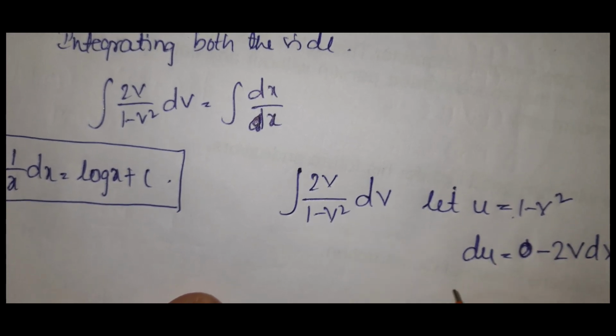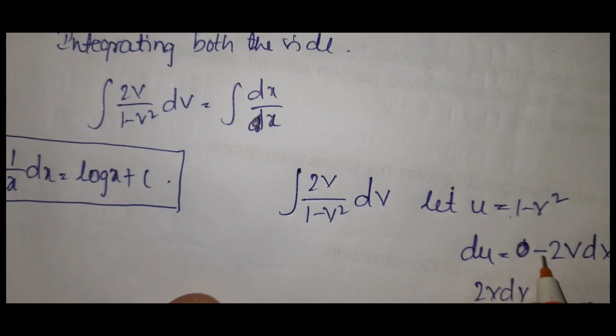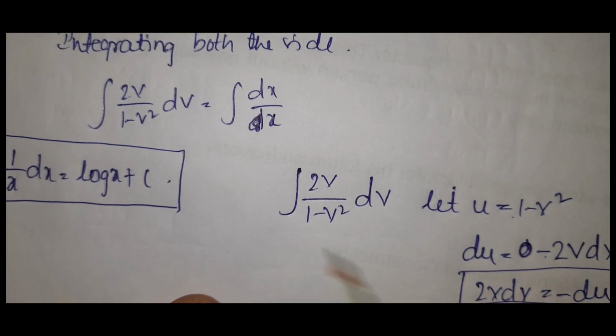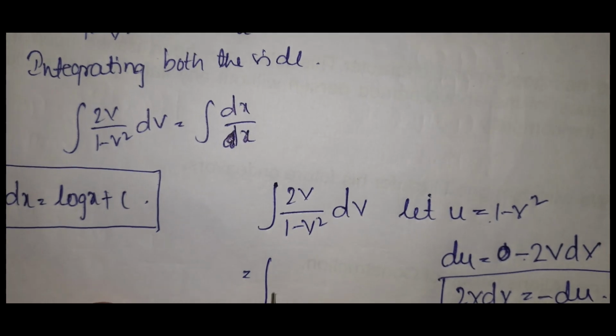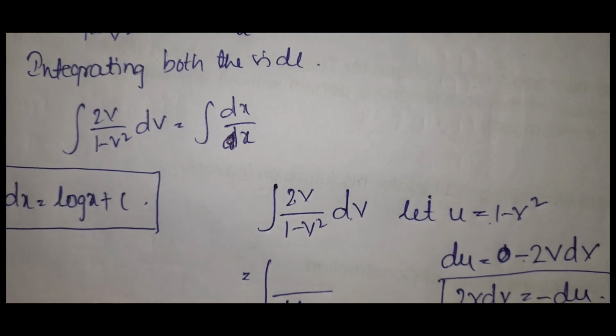So 2v dv is equal to, I'm sending this minus here, minus du. Now replace here. 1 minus v square is u and 2v dv